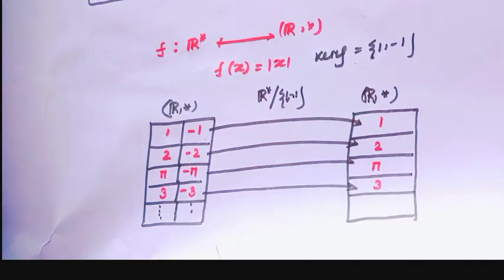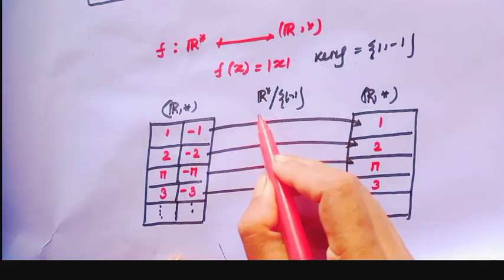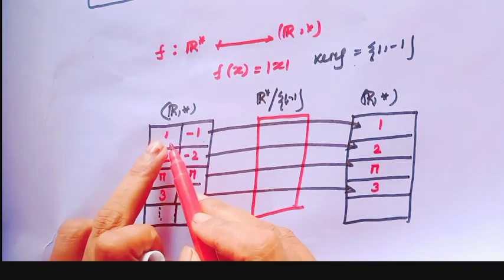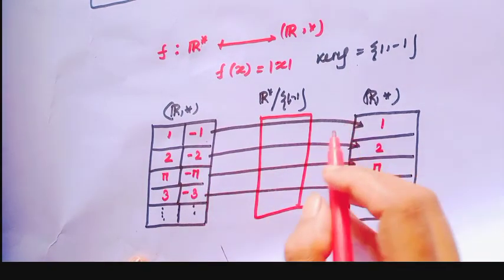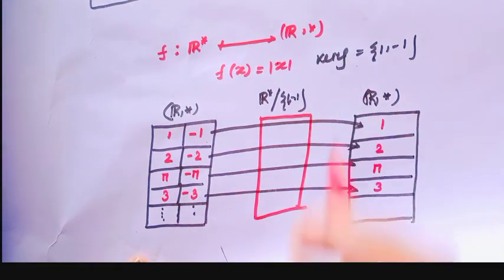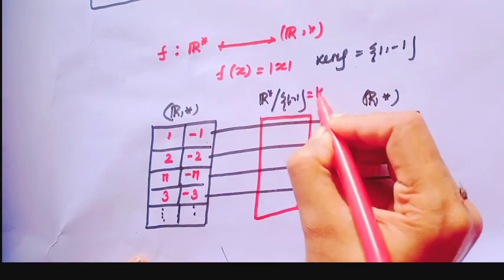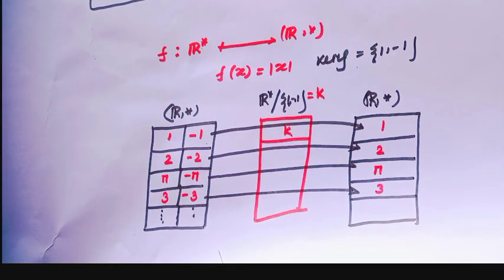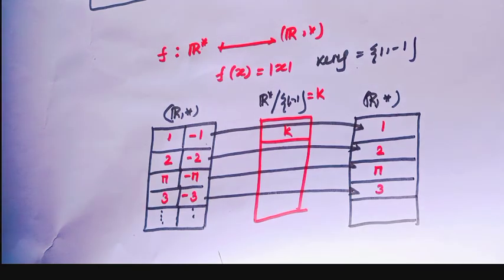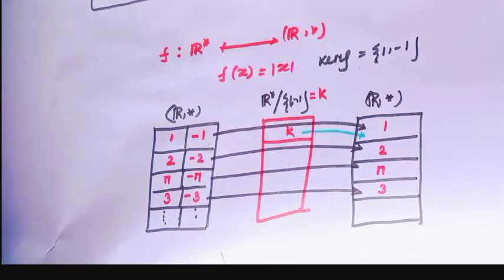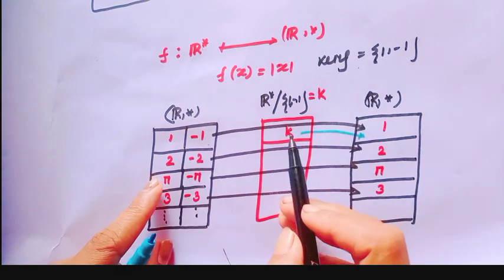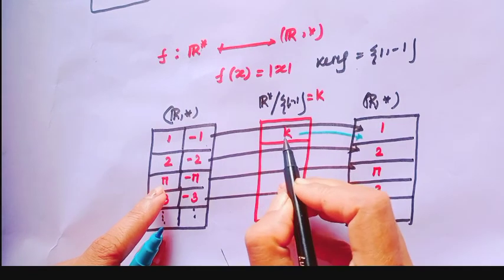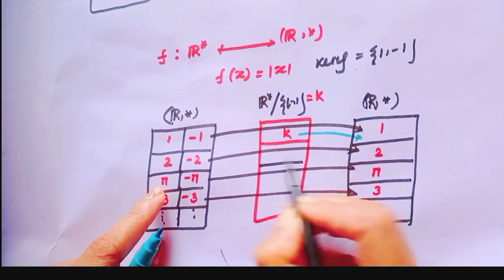Just think. Since 1 and minus 1 are both in the kernel, consider this equal to k. So this is k, which maps to the identity of the codomain. The other coset, 2 and minus 2, since k belongs to both 1 and minus 1, so this is k. The other would be 2k,